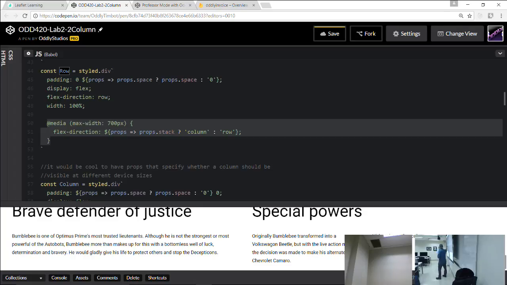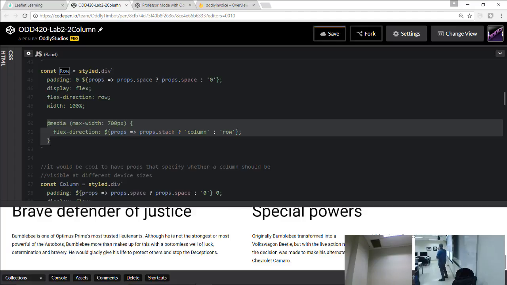Other than that, I'm once again looking in the props, right? So this is a nice trick here, because when you're doing responsive design, typically you can cover a lot of your responsive just by stacking things, right? Things that are side by side, when you get onto a small screen, stack them vertically. It's usually going to look pretty good.